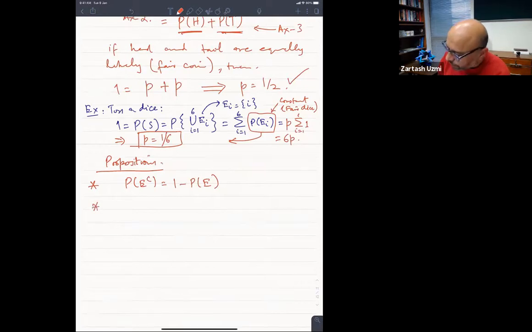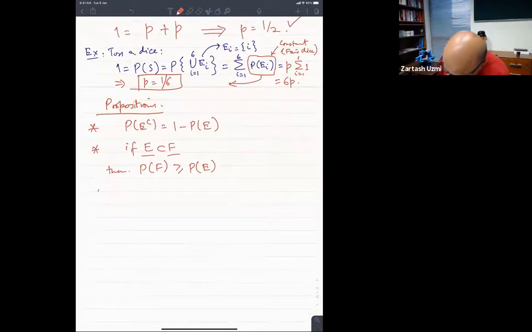एक और शो करेंगे हम यहाँ पे कि if E is a subset of F, then probability of F is always greater than or equal to probability of E. This makes sense कि if E is a subset of F, then probability of F is always greater than or equal to E. तीसरी चीज जो हम शो करेंगे वो ये शो करेंगे कि probability of E union F,